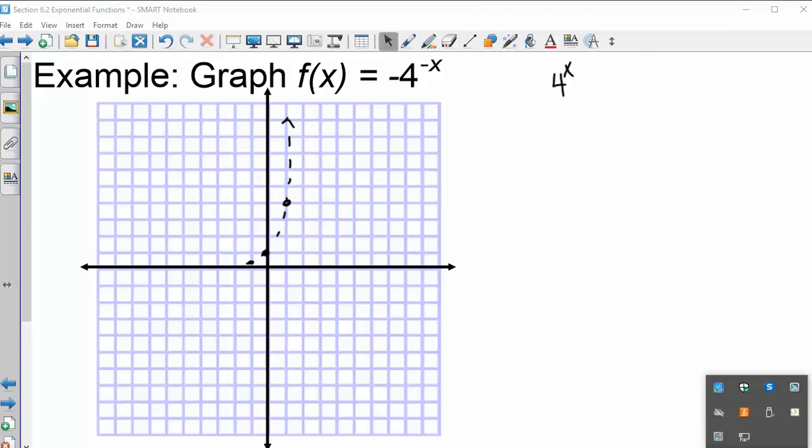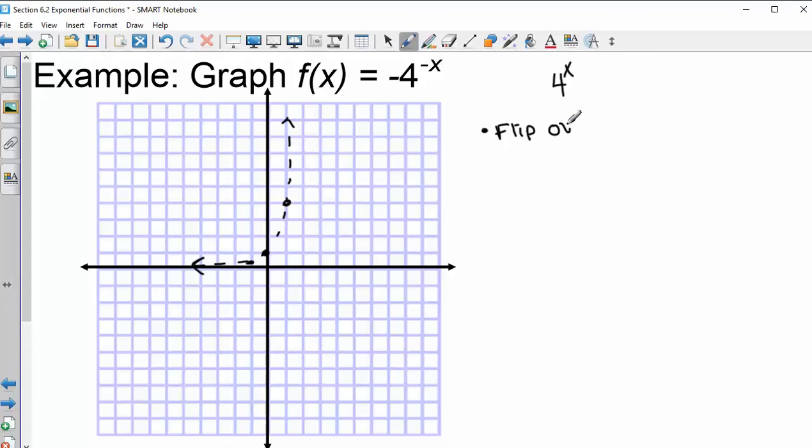Just a reminder: a negative on the x makes all of your x's negative, so it flips it over the y-axis. The negative out in front is essentially making your y's negative, so it flips over the x-axis. So 2 flips this time. So if I flip this one over the y,